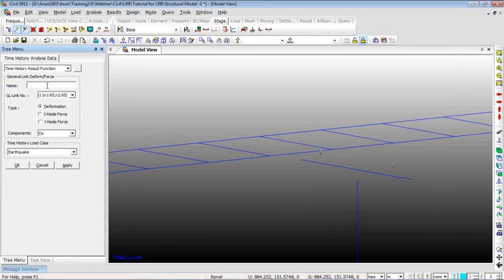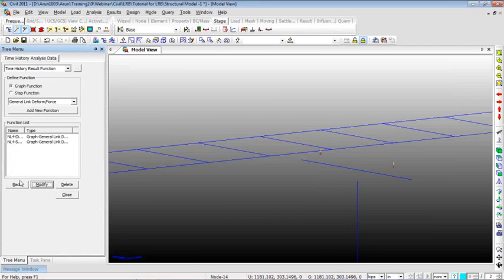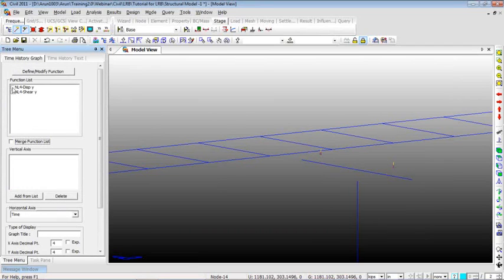Now I'll define one more function for the same lead rubber bearing, but this time I'll have displacement about the local y of the member, that will be the global y direction. So I'll choose the link as same link number 4, and deformations along local y direction dy, which happens to be the global y also, and then click OK. So I've defined two functions. I click back, and now what I'll do is select